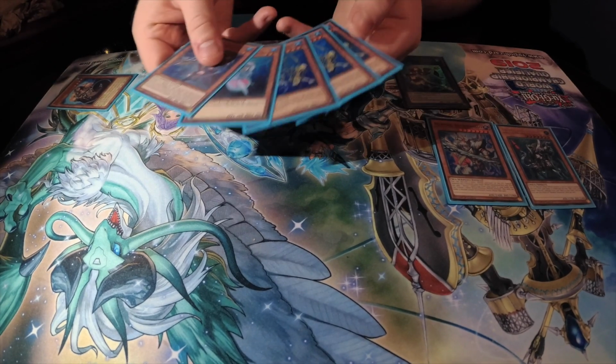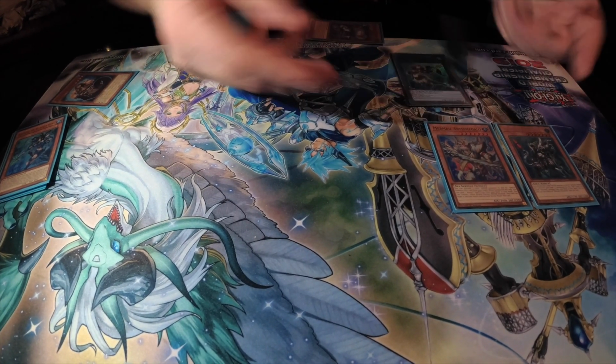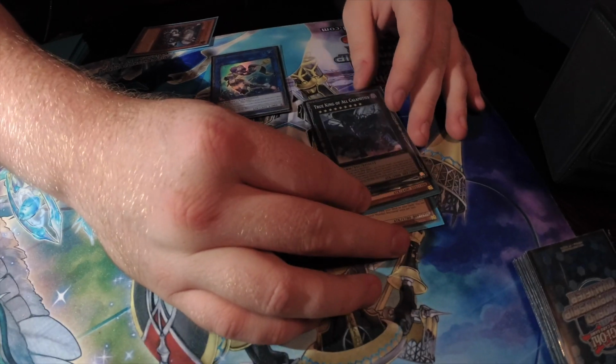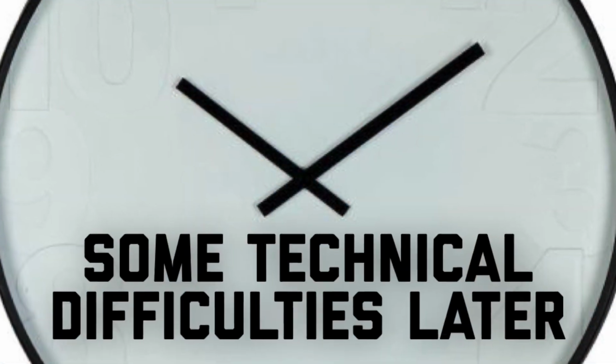By banishing Mander, you can increase the level of all Mermails you control by 1 or by 2. We're going to choose 2. We're going to overlay into Big Daddy Calamity. Oh my god, oh yes. And then, by banishing Mander, we have been left with 5 cards in grave, which...